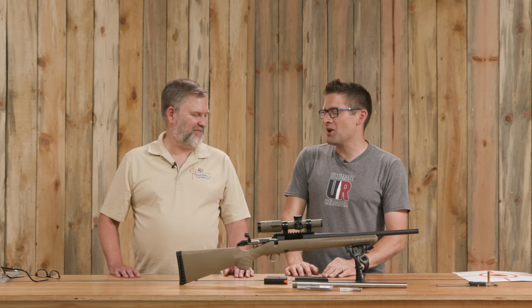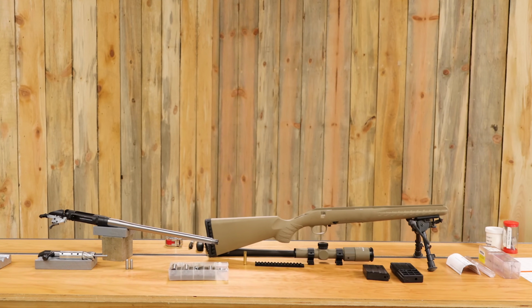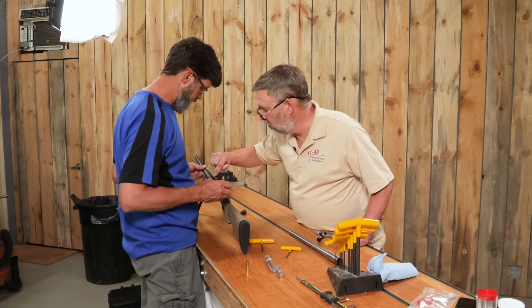So, lay it out for us. What kind of a build are we going to do here? What do we have to start with? So we have a Ruger American in 350 Legend, and I picked this up specifically to do this build. And we talked about what can you do with this, what different calibers,